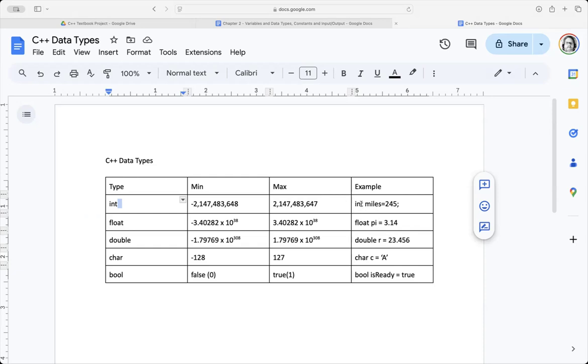We have an example on how to declare it: int miles equal to 245 is perfectly okay. The floats take up more room and they go from negative 3.4 times 10 to the 38th up to positive 3.4 times 10 to the 38. That's 10 with 38 zeros. And those allow for decimals.